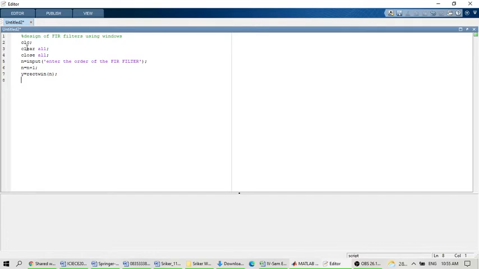After calculating the rectangular window sequence, next what you have to do? You have to calculate the transfer function coefficients. So what is an FIR filter? FIR filters are non-recursive filters. It means the present output sample depends only upon the present and past inputs, but not on the past output.